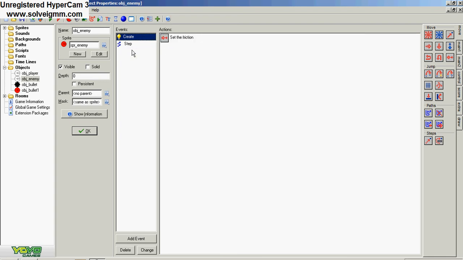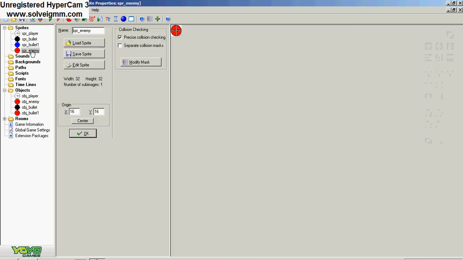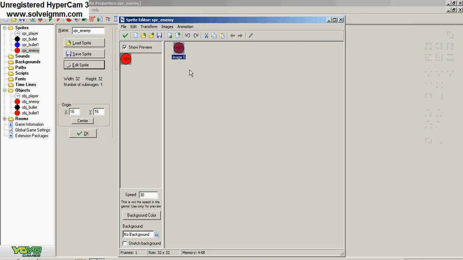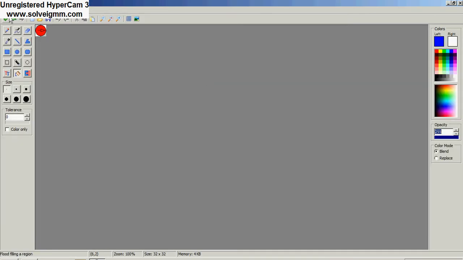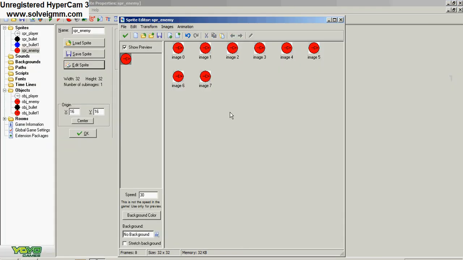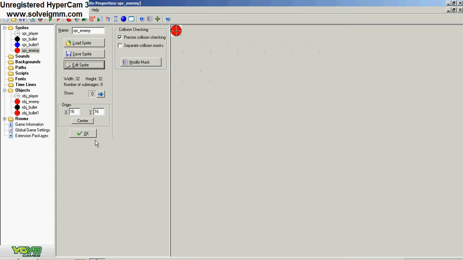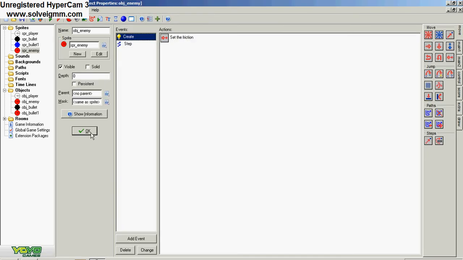So what we want to do now is let's create an animation for the sprite. Let's make the animation, just copy and paste the first image, and let's continue on till we have image 7. What I'm going to do is use the animation as a timer. So when the animation ends, the enemy shoots a bullet every time, so it won't keep on shooting forever, like